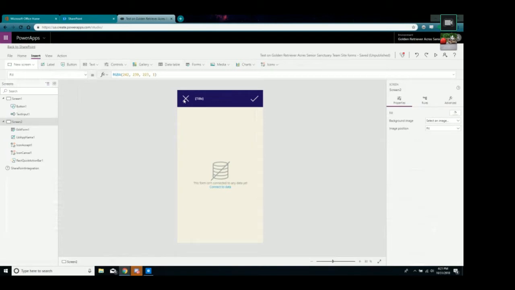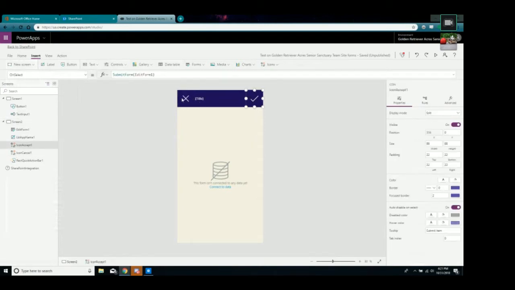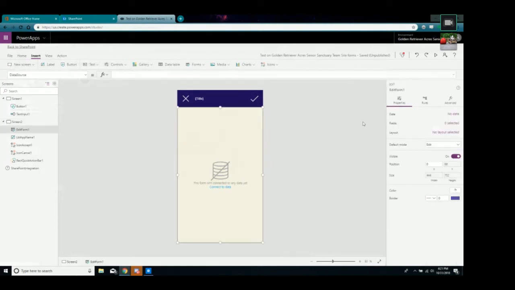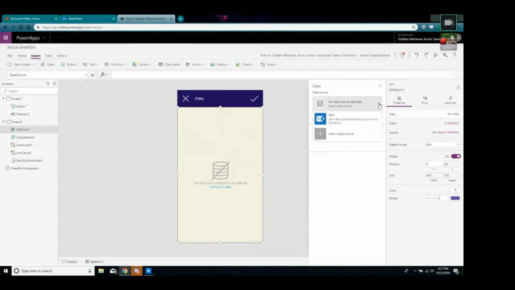So our form is going to have two buttons up here, one that submits and one that does nothing. We're going to make it do something in a little bit. So now that we have our form, what we have to do is tie this to our SharePoint. So in order to tie it to the SharePoint, all you do is you click here and you see where it says data and it says no data. Click here on no data source selected. There's a drop down. So click add data